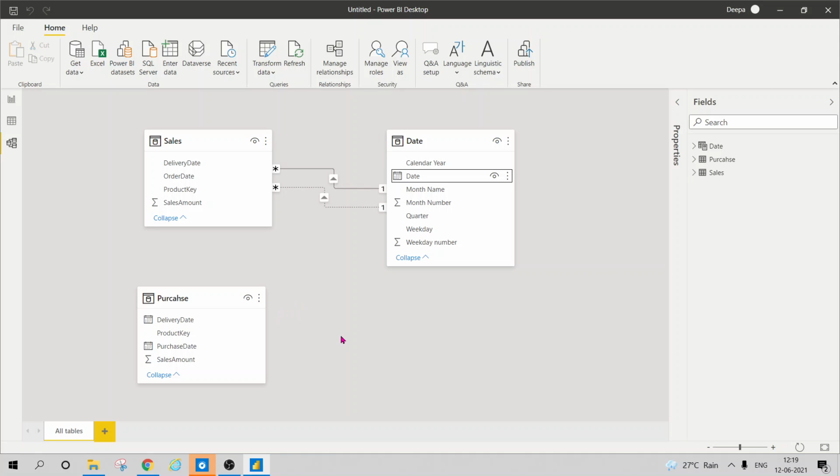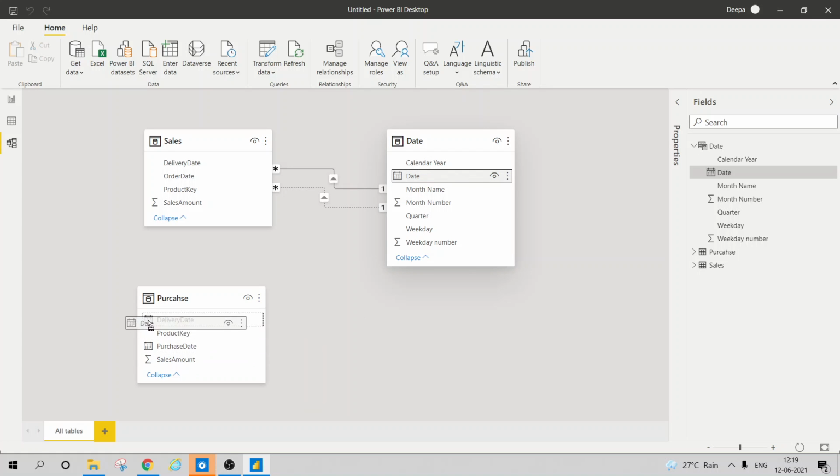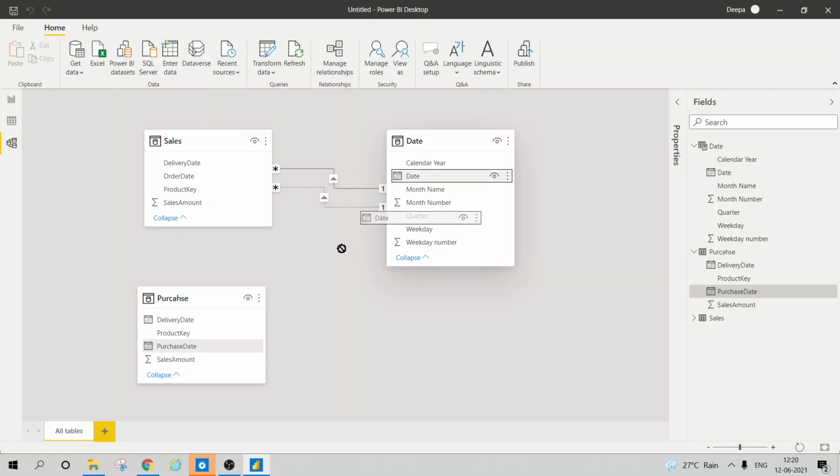That is not acceptable, because your user will get confused between how to select the delivery date and order date. So that's not used. Again he will use this date to join on the purchase date.